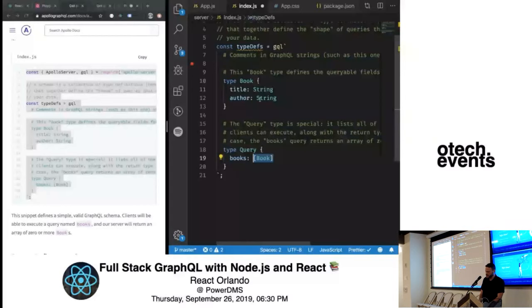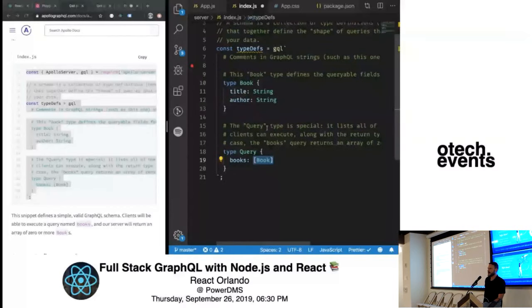A couple of things. A Query type is just standard GraphQL. All of your queries go inside of your Query type, and then typically you'd also have a Mutation type. With GraphQL, a query is like a GET. You say, give me this information. And a mutation is what you would use like a PUT, POST, or DELETE for. You can create a record, modify a record, delete a record, what have you. We're not going to get into mutations because it would take too long, so we'll just cover queries today. But you typically would have a top-level Query and Mutation type, and then all of your queries would go inside of that.